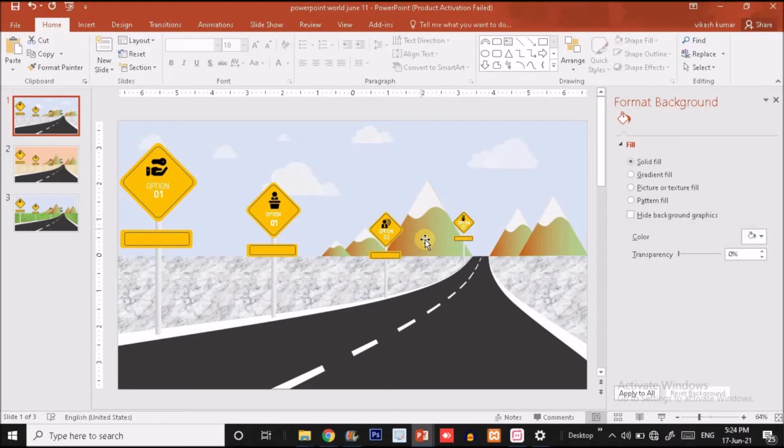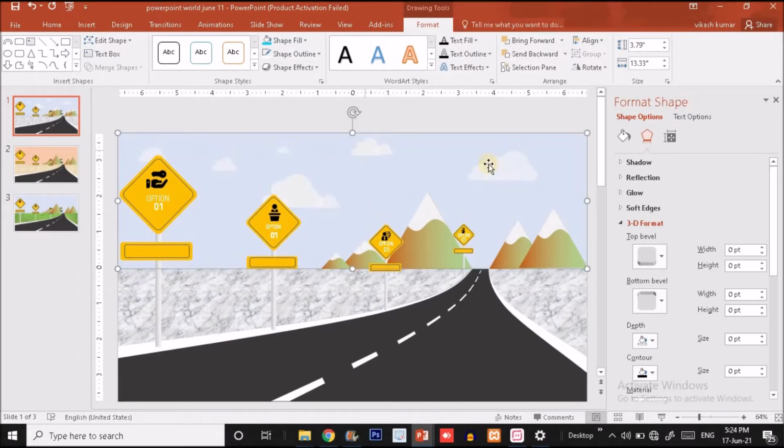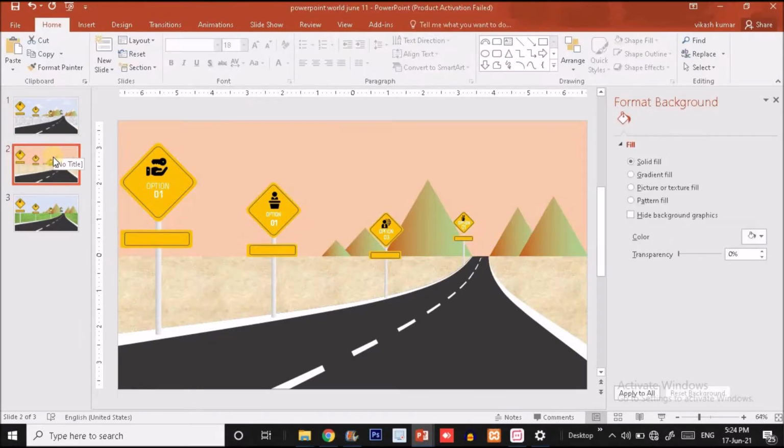Like you can see here, all the mountains are covered with ice, and here you can see the ice is spread on both sides of the road, and here in the sky you can see the clouds are moving, and the overall scene looks like a cold condition and the season of winter. Okay, now move to the second slide.